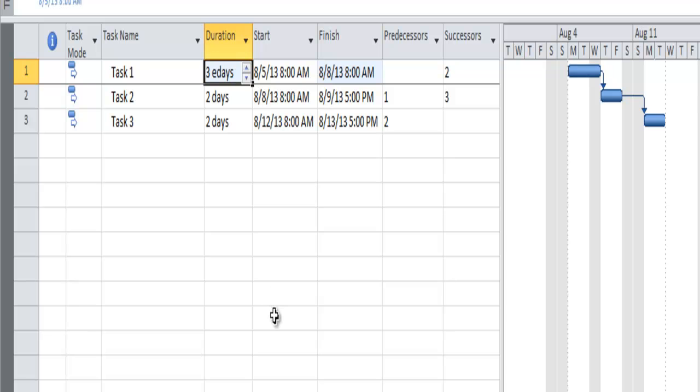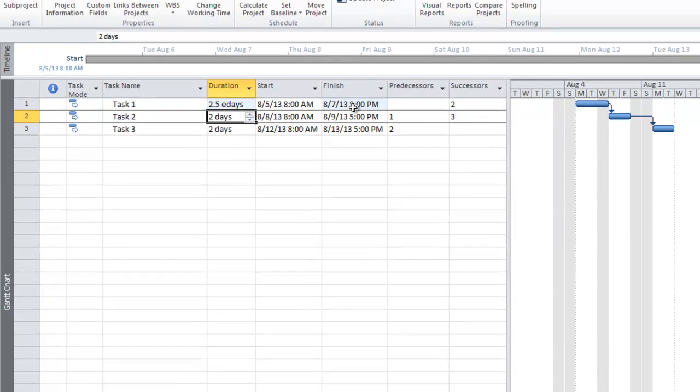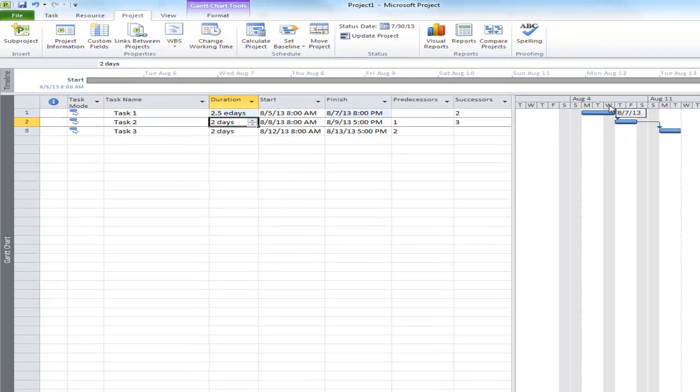Let's do it this way. What's 2.5 days? It's finishing on the 7th at 8 p.m. Well, that shouldn't be possible, right? Because the 7th is a non-working day. So the correct answer would have been that the main exception to Project always obeying the calendar is if you use